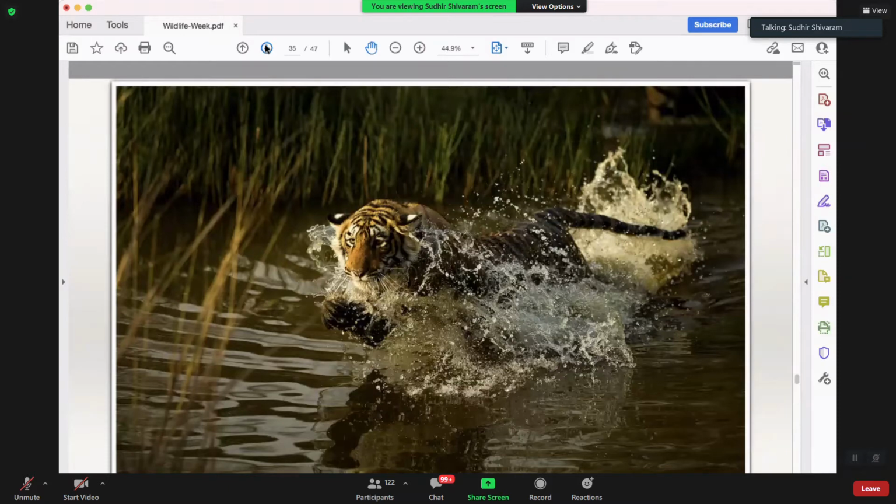Again, moving on in wildlife photography, action and creativity go hand in hand, because it's not just capturing action. For action, how you compose the image is also important, because sometimes you come across action and you capture it, but it will have a lot of distraction. Again, the wow factor goes away. So that is something you have to watch for.